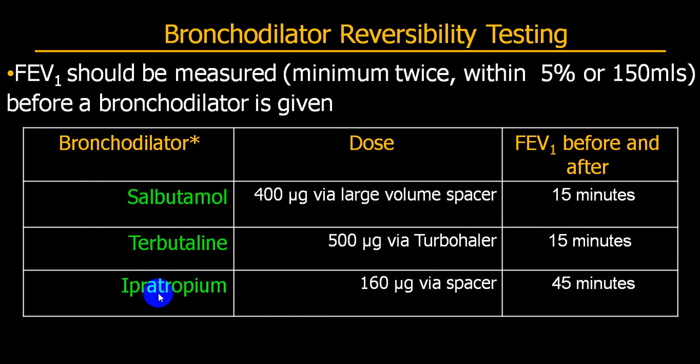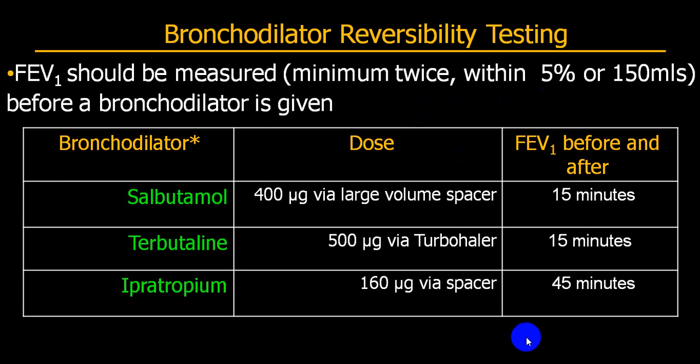If you are using ipratropium, 160 microgram by spacer, then you perform the test after 45 minutes. By and large, the majority of the time salbutamol is utilized and you perform the test after 15 minutes of effect of that particular drug. So do look for that.